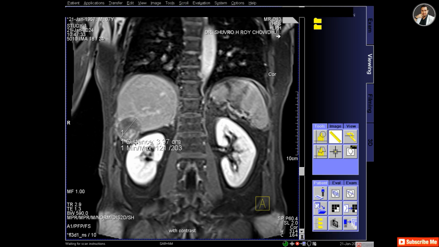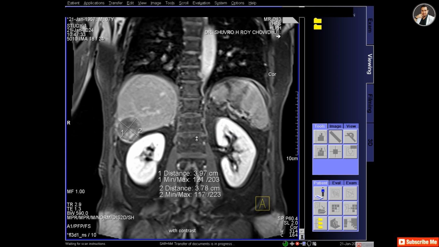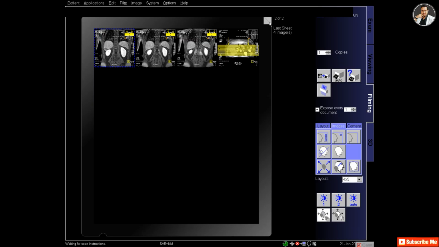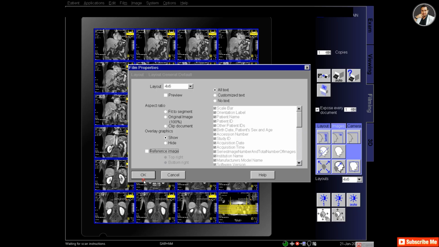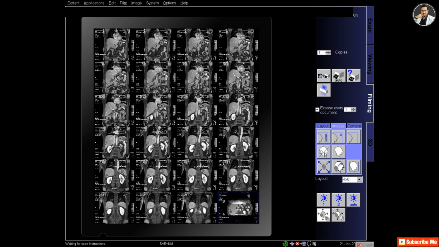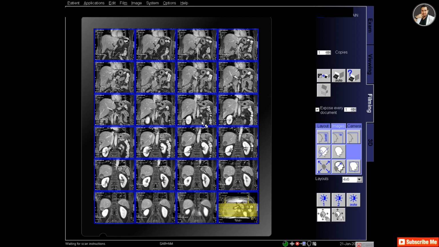Giving the measurement of the lesion is a good practice, so always try to give the measurement if you find any lesion, small or large, and if any stone, any cyst, always try to provide measurement. And for coronal images I will select 4:6 protocols and 1 reference image. So this is the last frame that I will print out.